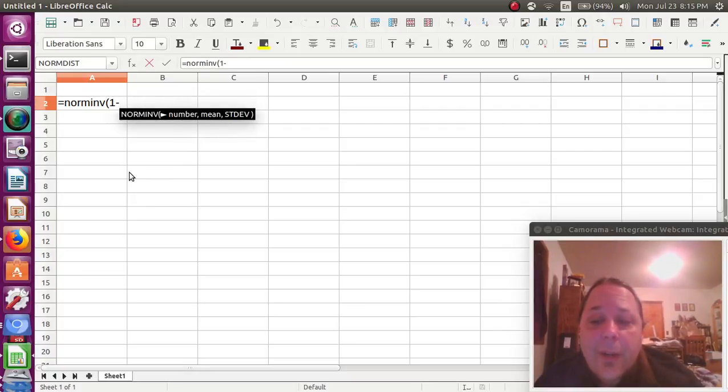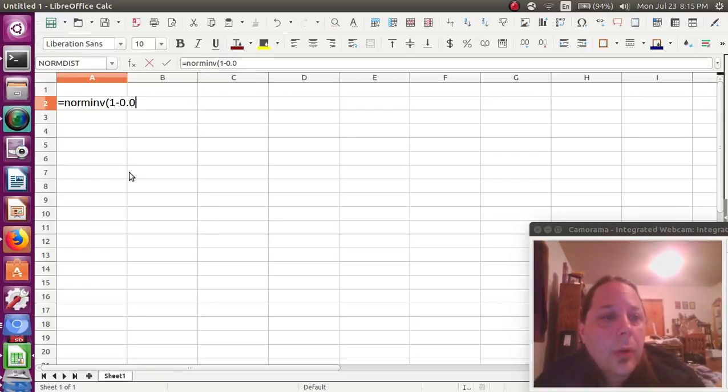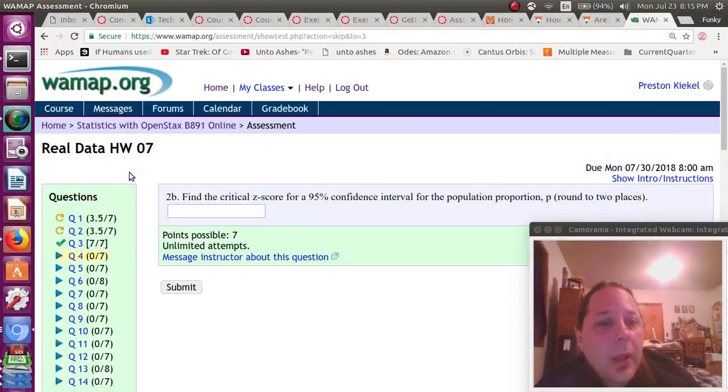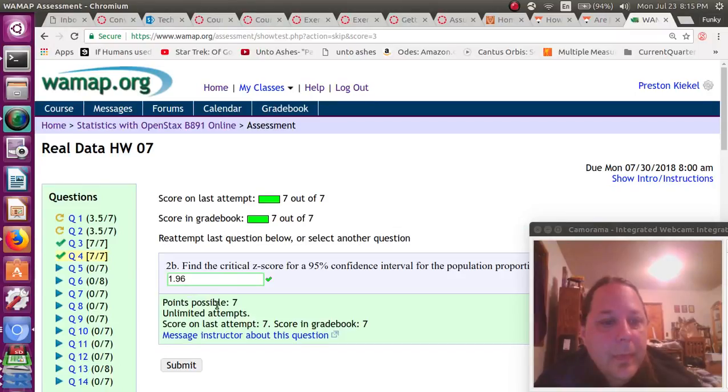So for 95% confidence, alpha is 0.05 over 2. 1 minus alpha over 2, 0, 1. Close it off, hit enter, and of course it is 1.96 as advertised. Round to 2 places, 1.96, done. Next,